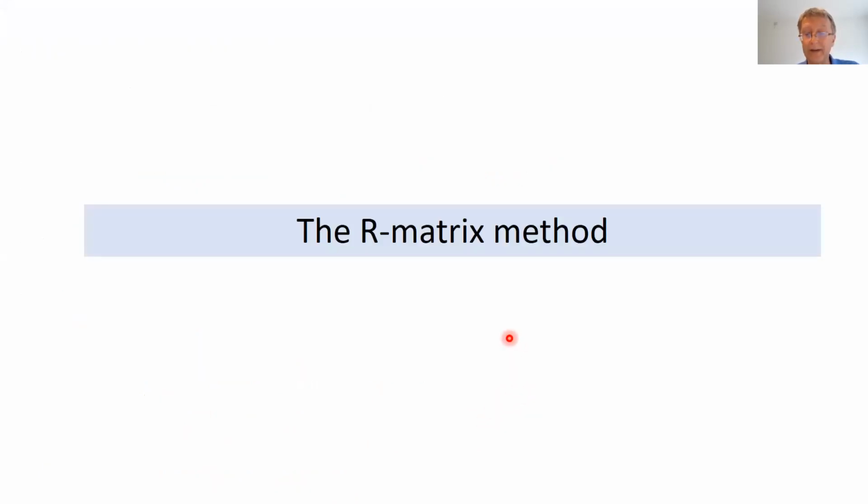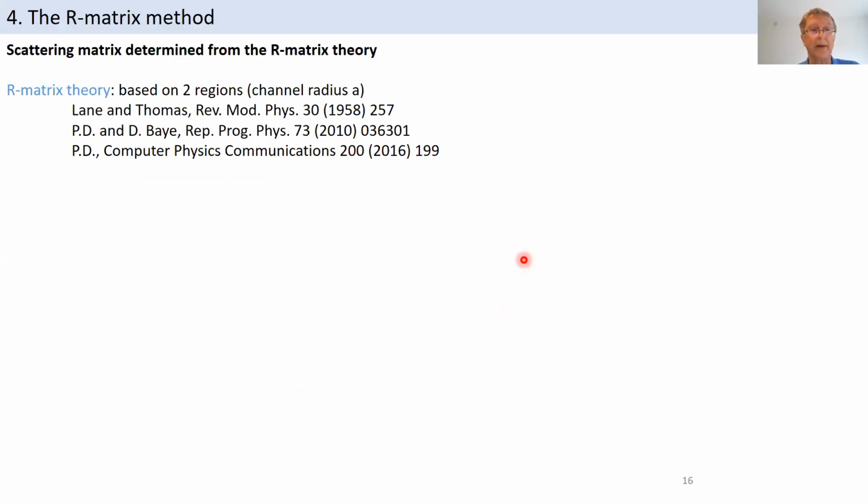Then a few technical words, one about the R-matrix method. So this is how I solve the coupled channel system. It's not the Numerov algorithm, it's the R-matrix. And this R-matrix is based on two regions. There is a channel radius A,